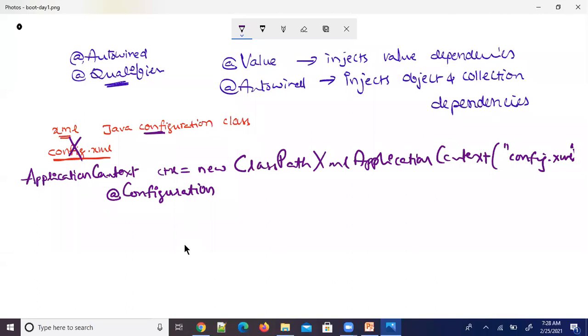I repeat. Everybody, observe. Say, for example, I have written something like public class, and my class name is something like AppConfig.